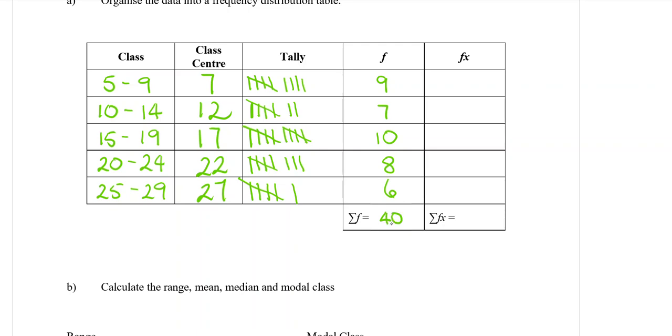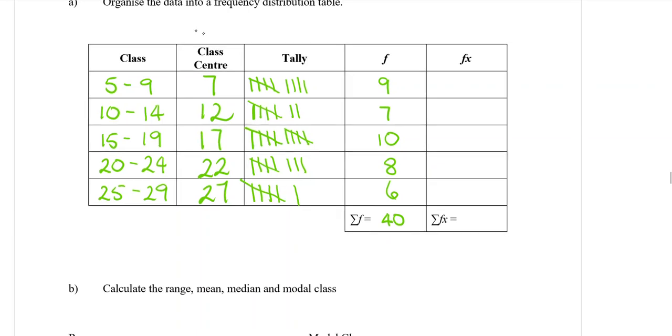Then we want to do f times x. Now, when we did the other ones, the x was the score that we started with. It's not going to be class over here. We couldn't use that. So x is the class center. That's why we need to find that. Now, that means